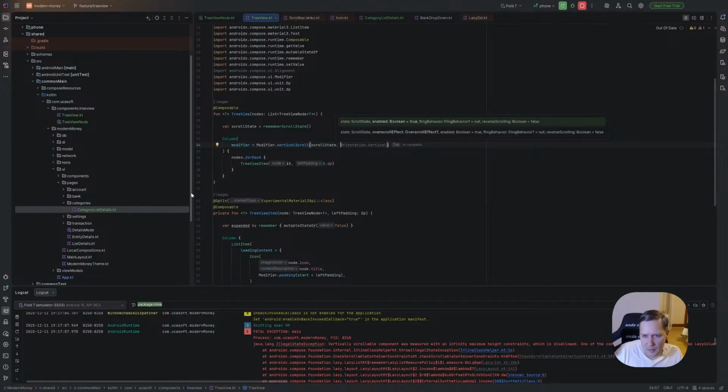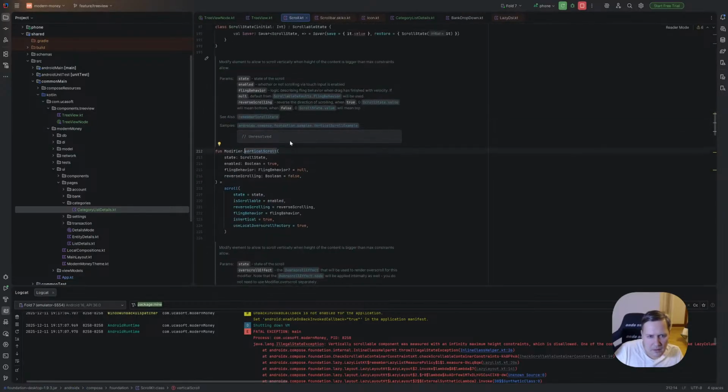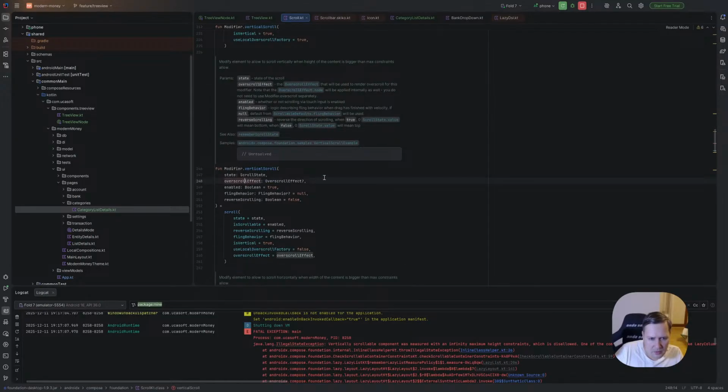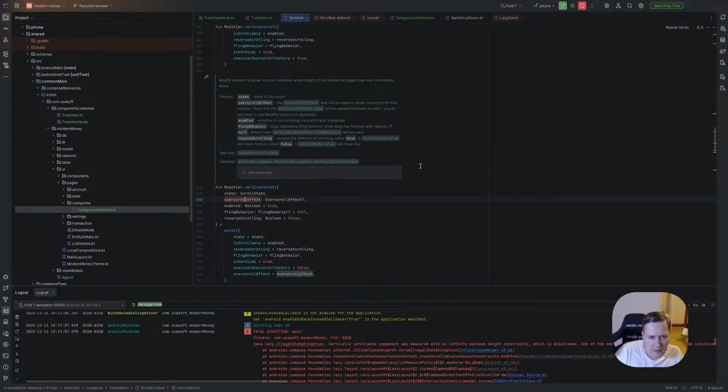Enabled true, fling behavior, reverse scroll false. State okay, enabled no scrolling via touch input. Logical describe fling, null then false, fling behavior will be used. And reverse scrolling okay, it's not what I'm looking for. And here overscroll effect that will be used to render overscroll for this modifier, another close blah blah blah. Modifier overscroll separately.